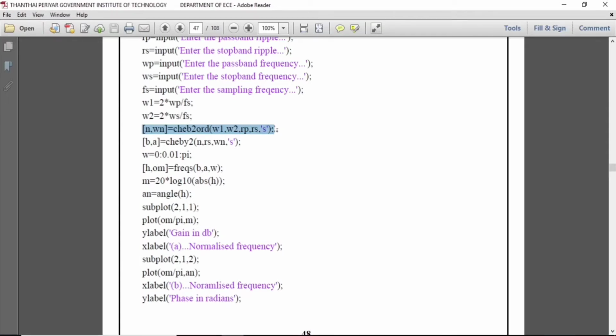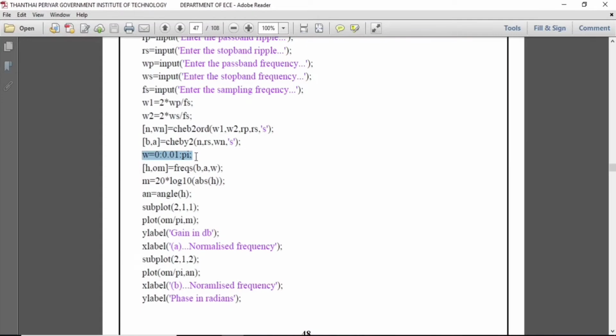And then next, [b, a] = cheby2(n, Rs, wn, 's') returns the transfer function coefficients. Here cheb2ord means it will calculate the minimum order of Chebyshev filter type 2 required to meet a set of filter design specifications.